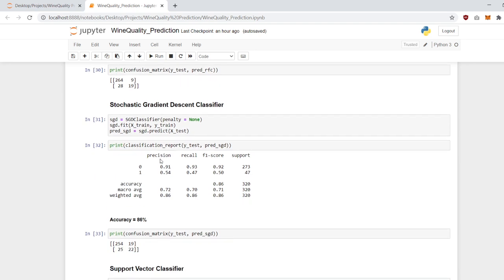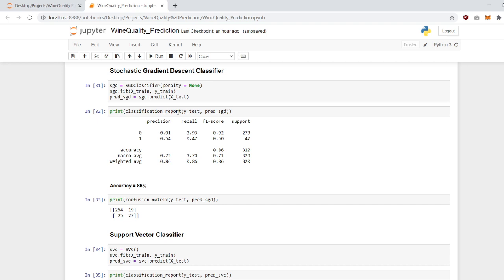The next important classifier that we are going to see is stochastic gradient descent. Now gradient descent is a simple optimization procedure that we can use with many machine learning algorithms. Now stochastic gradient descent refers to calculating the derivative from each training data instance and calculating the update immediately. So similarly, we'll create the SGD classifier. We'll fit the model on the training data and the true labels with the y-train values, and we'll predict the model with the X-test data. We will get the classification report, and we see that the accuracy over here is 86%. And similarly, we will print the confusion matrix.